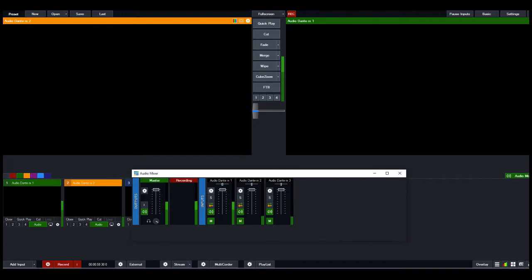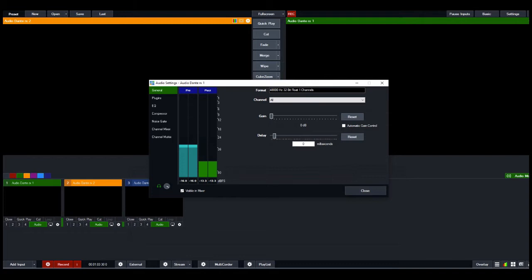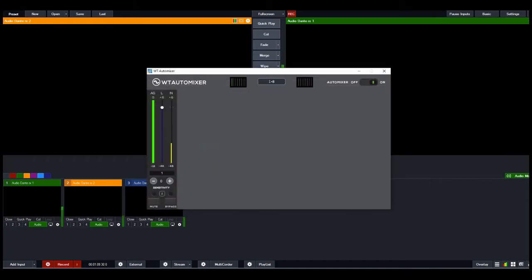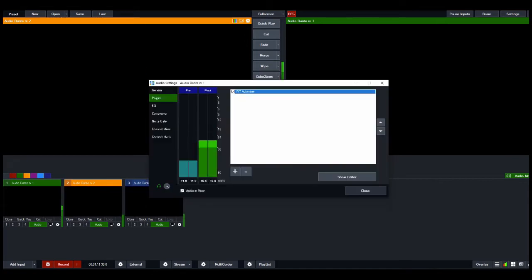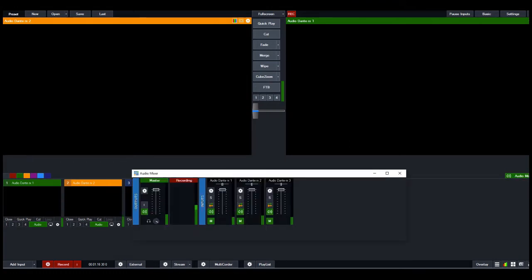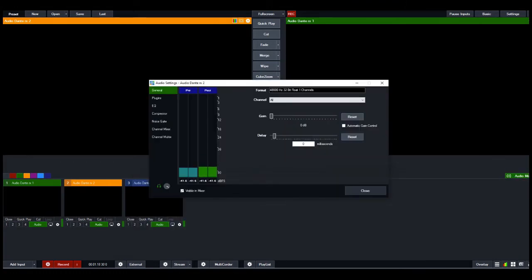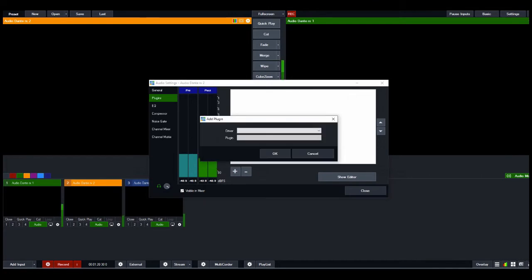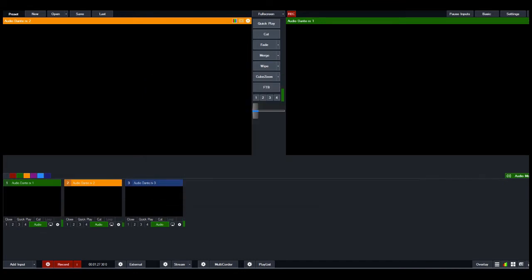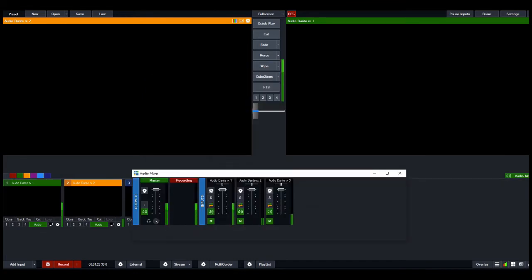And next I'm going to assign WTAutomixer to each channel. So I go to plugins, then I use the plus sign and search for WTAutomixer and press OK. And then I repeat this to all the audio channels. So number 2, plus sign, and then again WTAutomixer, and this will open up the Automixer to the same editor window, so you'll